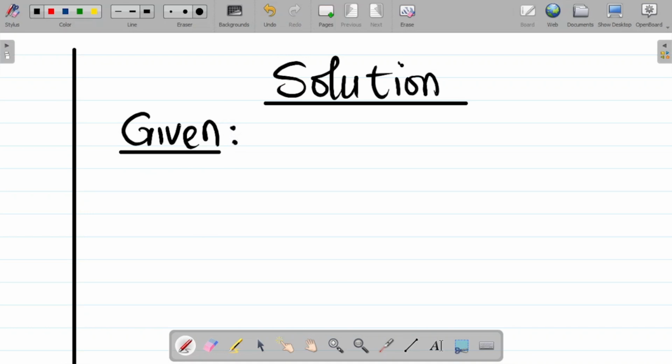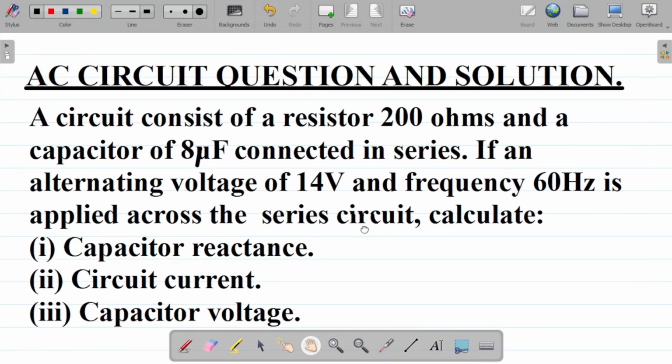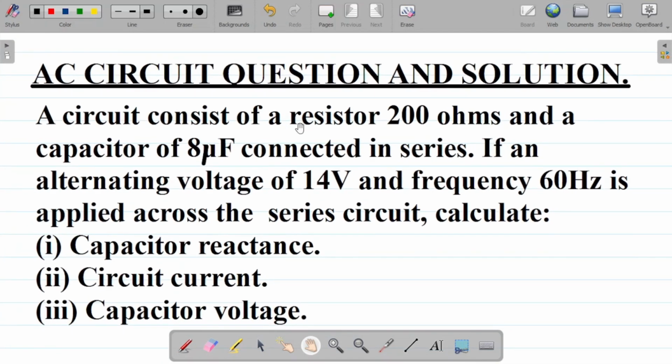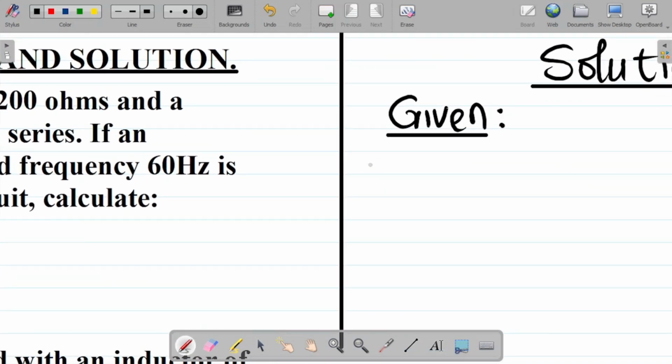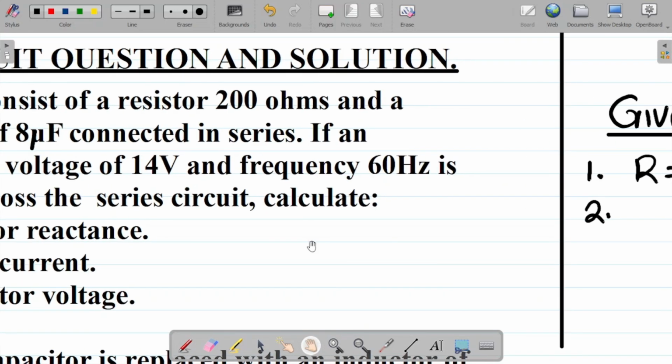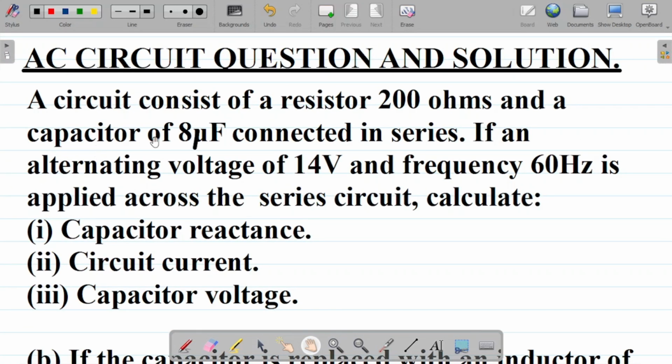If you look at the question, it says a circuit consists of a resistor. The first given is the resistance, which is R. R is equal to 200 ohms. The symbol for ohms is this. That's 200 ohms. The second thing given, they said, is a capacitor of 8